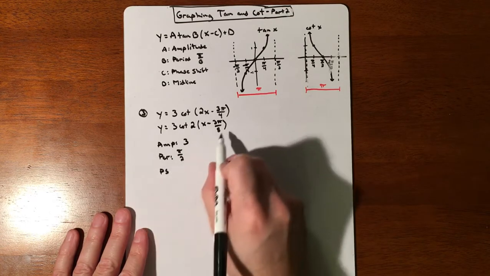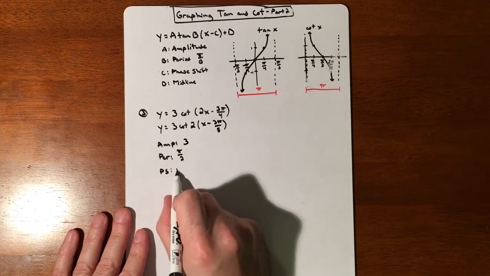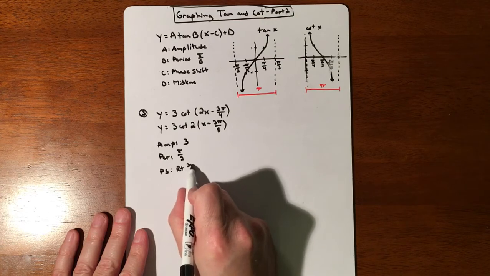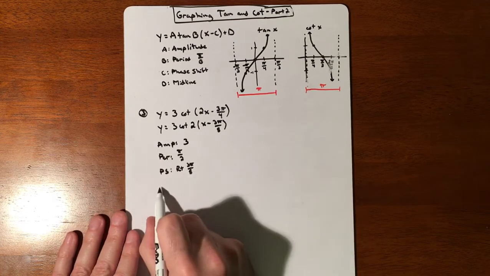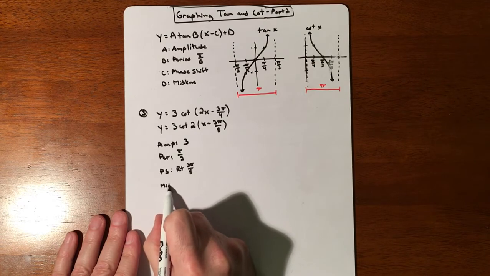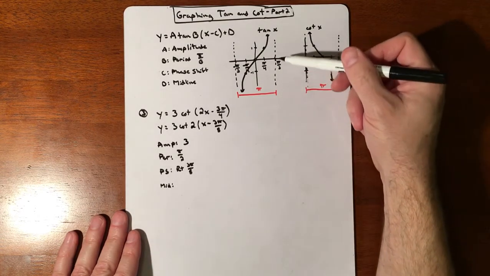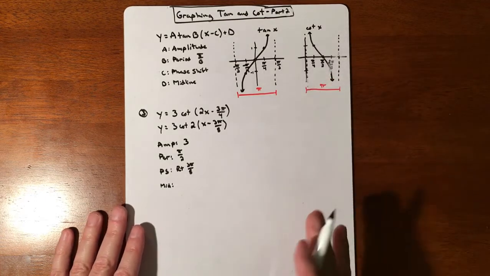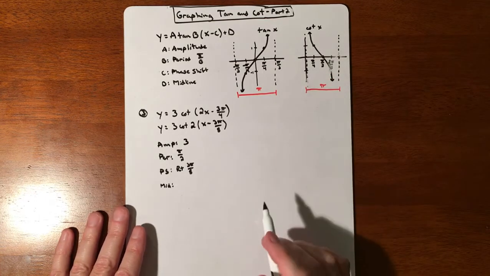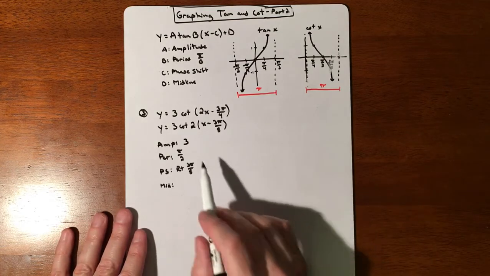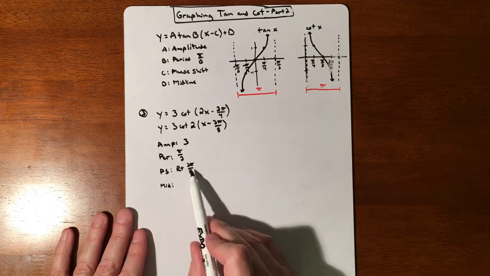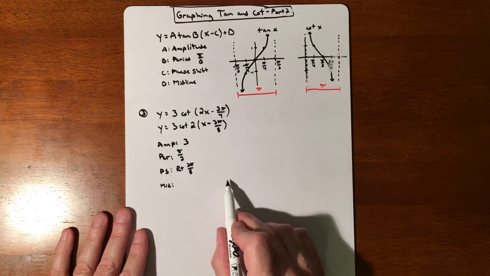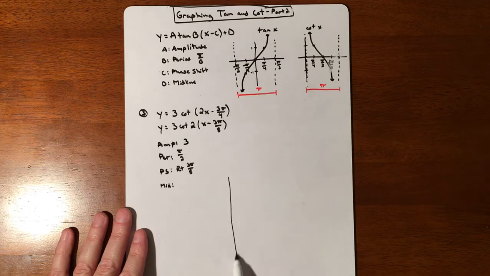Your phase shift is going to be right 3 pi over 8. And then our midline, we don't have anything. That would have been plus or minus kind of at the end here. All right, so we're going to anticipate that our graph's going to be stretched up and down, and we're going to shift it right 3 pi over 8. I don't know exactly how far that's going to be, so I'm going to give myself some space